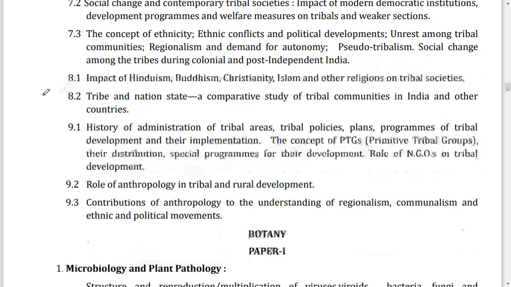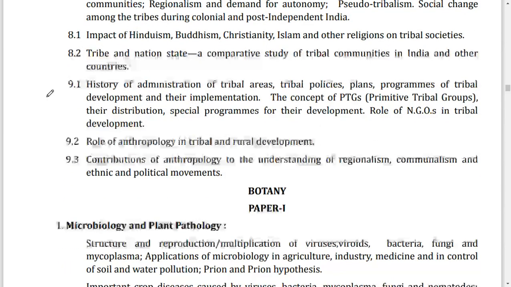Impact of Hinduism, Buddhism, Christianity, Islam and other religions on tribal societies, tribe and nation state, a comparative study of tribal communities in India and other countries, history of administration of tribal areas, tribal policies, plans, programs of tribal development and their implementation, the concept of PTGs, primitive tribal groups, their distribution, special programs for their development,